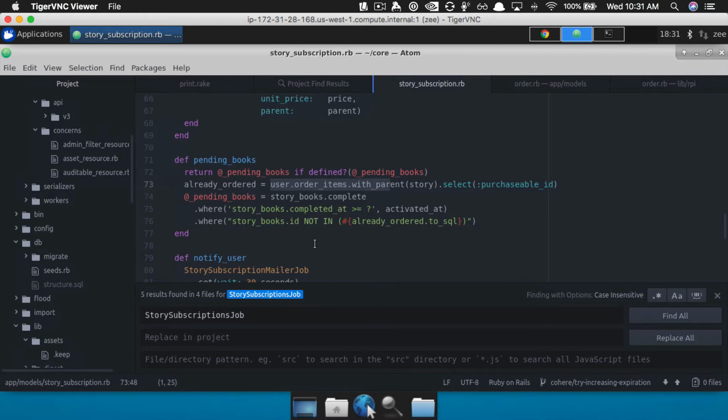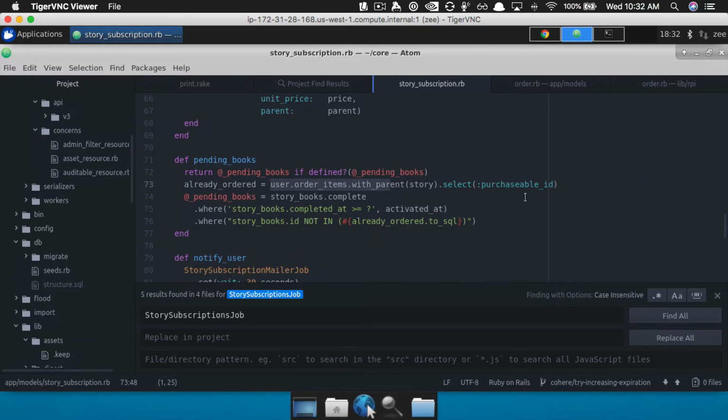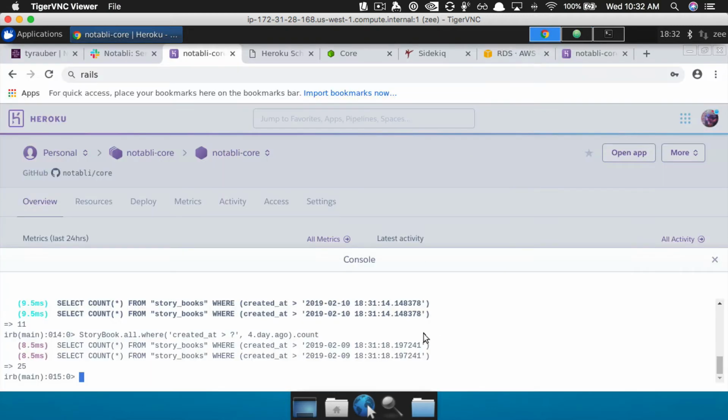Yeah, so it's got this pending books, if the user's order items with parent story. So it's checking to see if stuff is ordered, but that seems like a pretty cheap query. We can grab it and we can do like